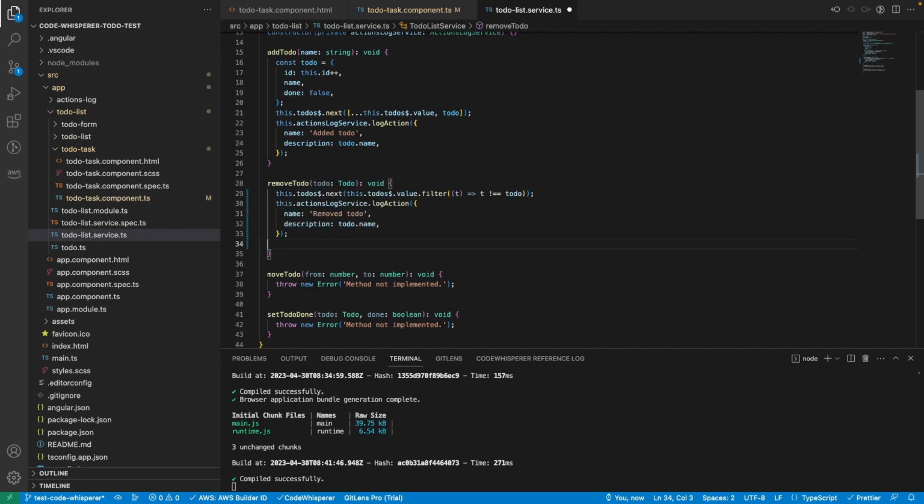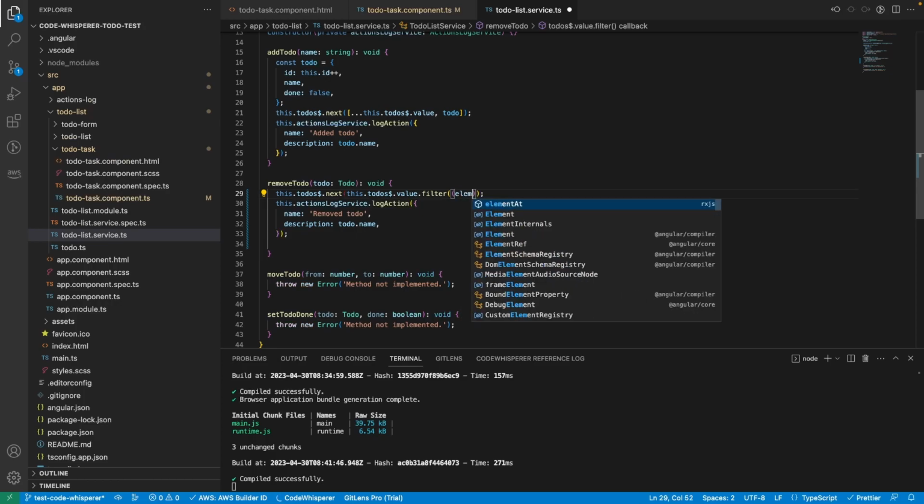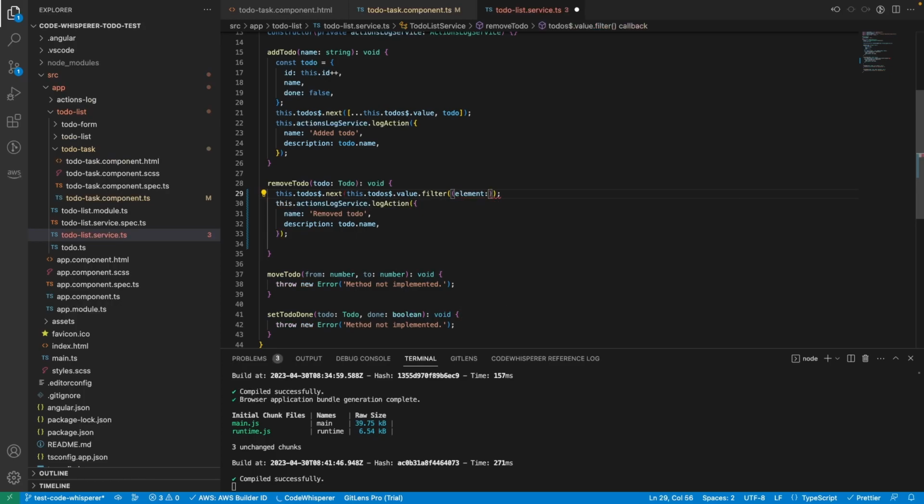So I'll accept this suggestion, but one thing that I don't like about it is this t variable in the arrow function, and the fact that it isn't also typed. So I will add an element name to it and type. So, and I will try to trigger the code suggestions, and yeah, it worked kinda okay, but I think we're missing brackets. So yeah,